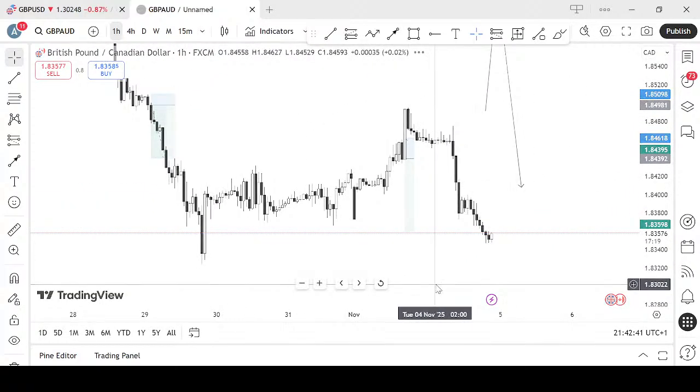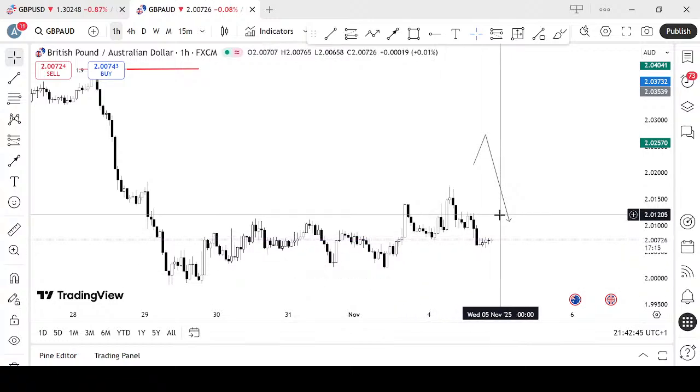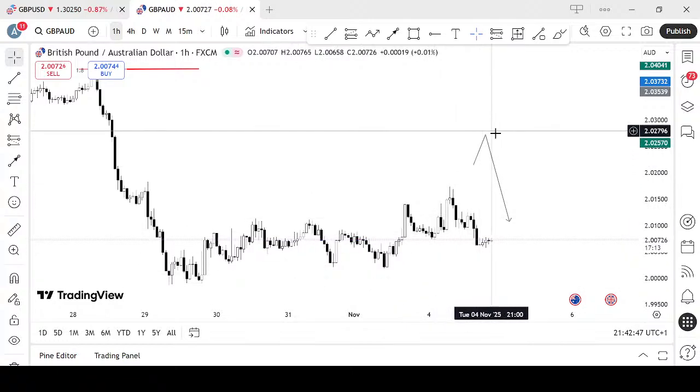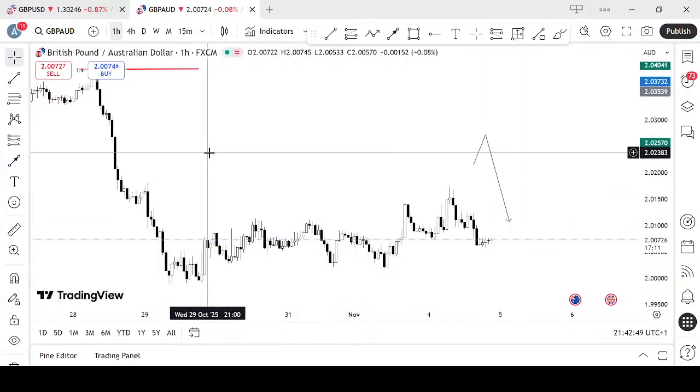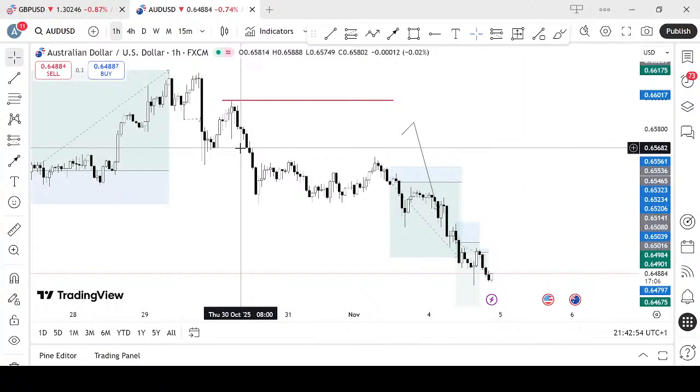There was no trade on GBP CAD today also, and GBP AUD, same thing. I was expecting it to come up a little too before taking any sell position, so there was no trade on GBP AUD. On AUD USD today,